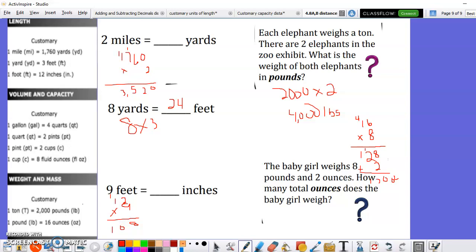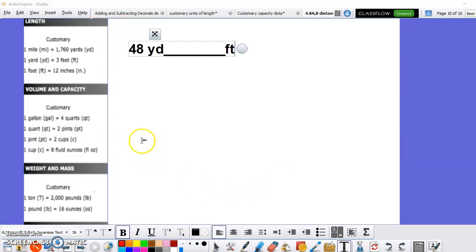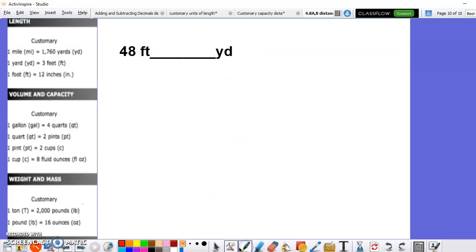Use your reference sheet. It will help you. Now, all right, let's say I was going from feet and I want to know how many yards it is. Well, I'm going from 48 feet to how many yards? For every 3 feet, there's 1 yard. So I would just need to divide